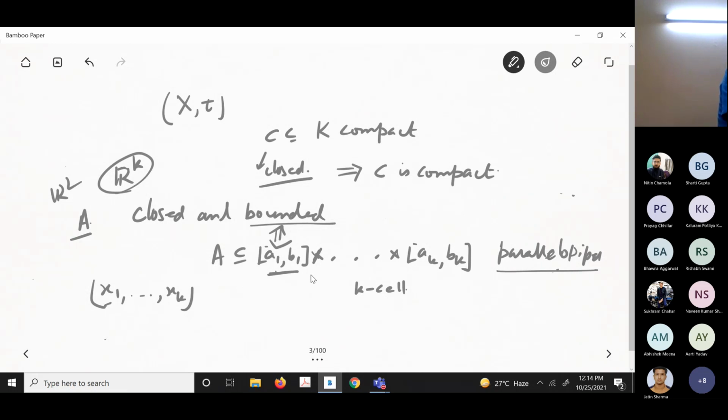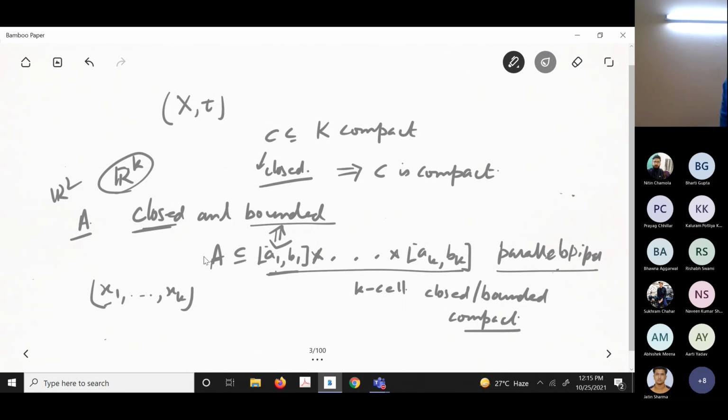Now if you can prove that, look, that means A is closed. So this will actually be a closed and bounded k-cell. Actually, for the Heine-Borel theorem, I'll prove this is compact. This k-cell is compact. Once I can prove it, now look at the idea. Where will you be using that A is closed? Since A is bounded, it is contained in this, and this I'll prove: a k-cell is compact.